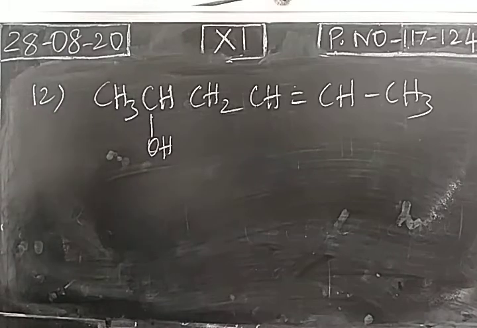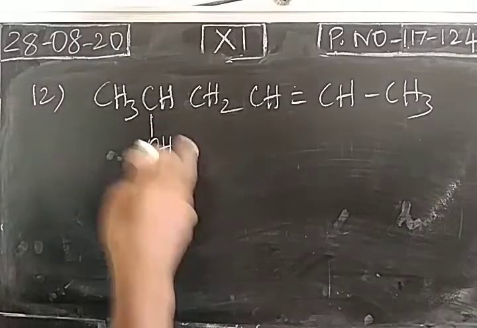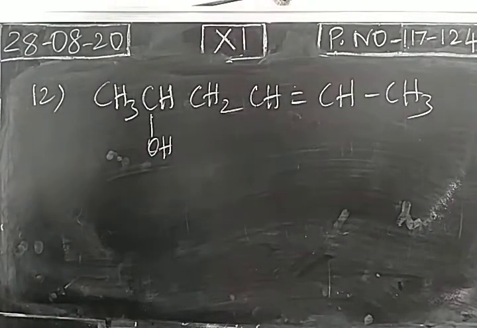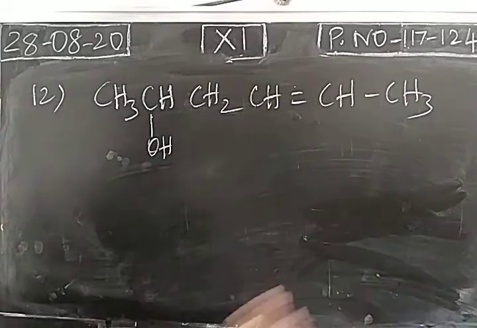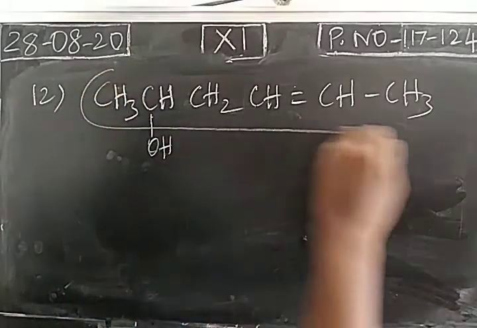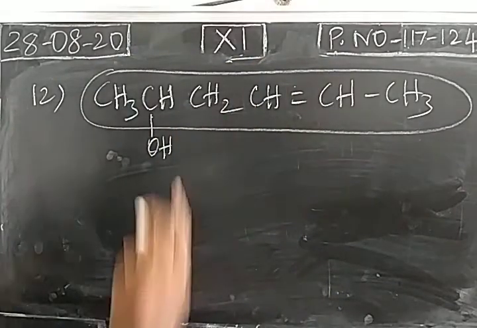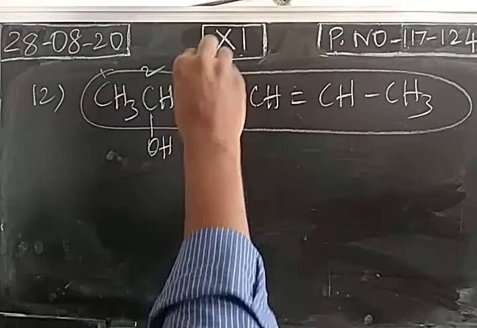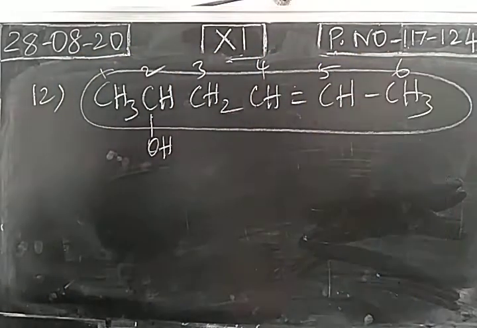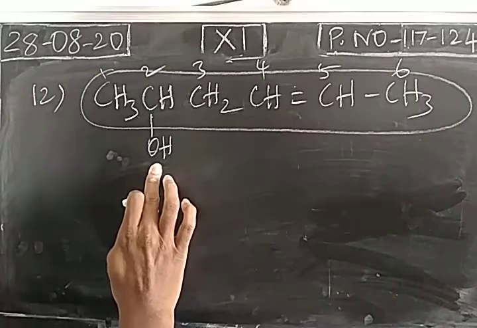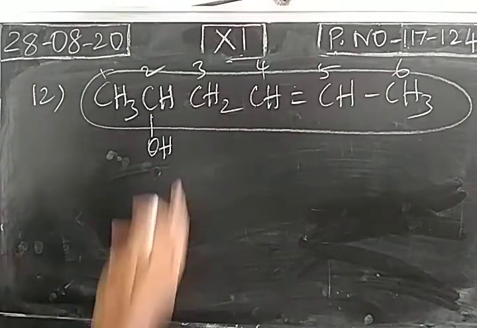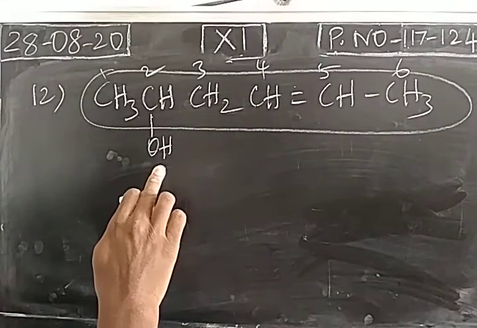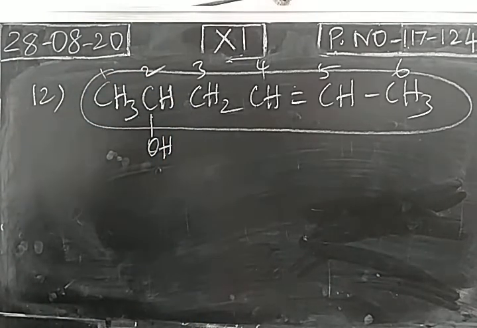Right. So in this compound, we have an alcoholic functional group, isn't it? Comparing alkene and alcohol, alcohol has more preferential order. So this is the longest chain. Since the alcoholic group has more preferential order, the numbering should be given from left to right. So don't start numbering from here, otherwise it will have position number 5, which will be the wrong one. Since it has more preferential order, this will be the functional group. So the functional group should have the lowest number, so we give numbering from left to right.